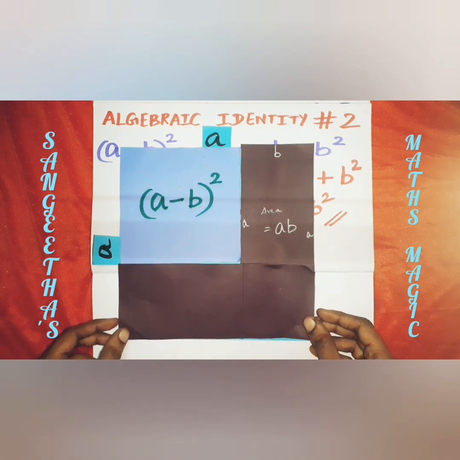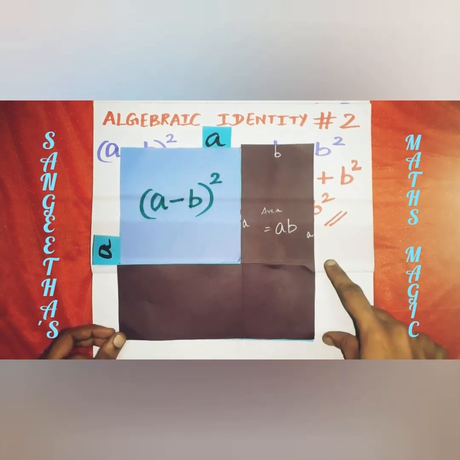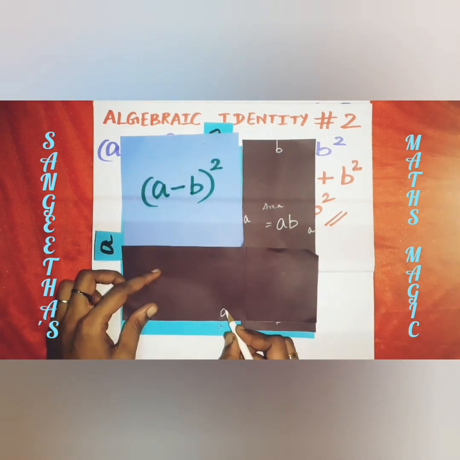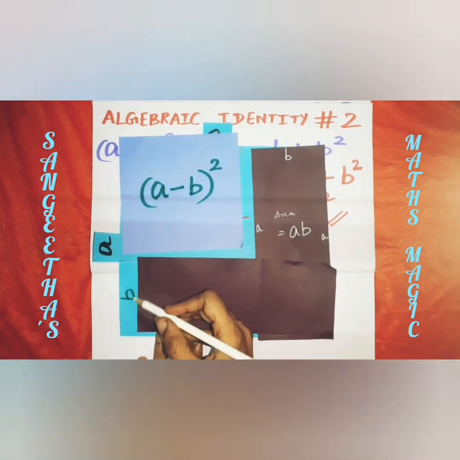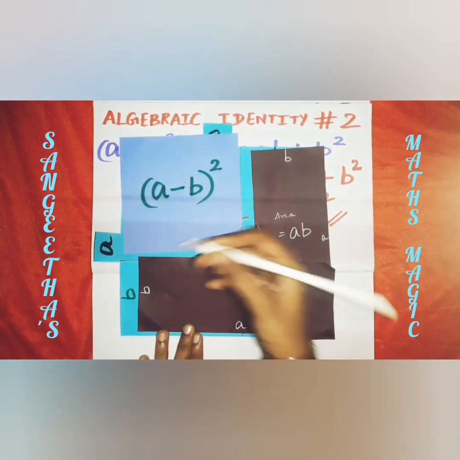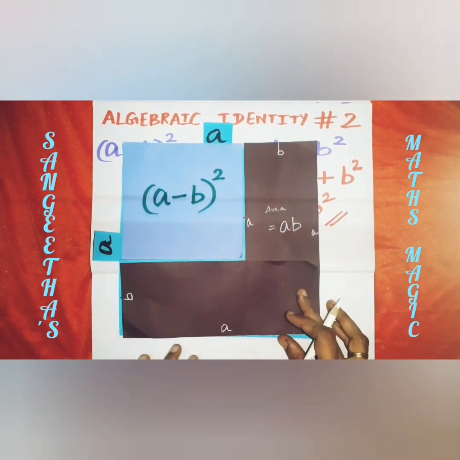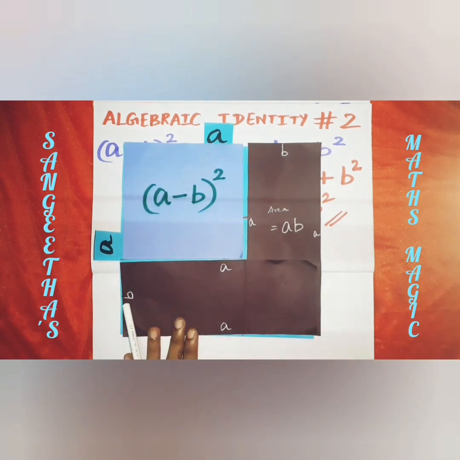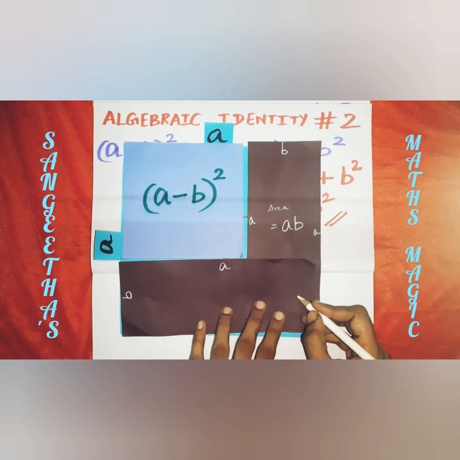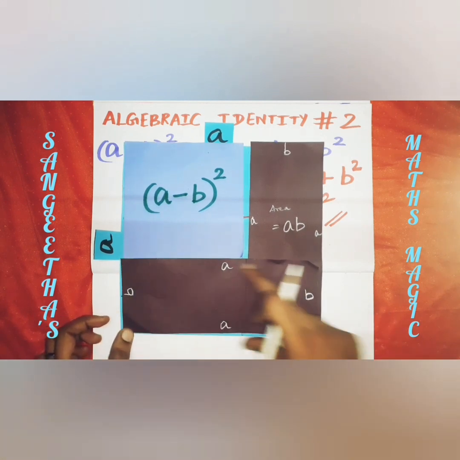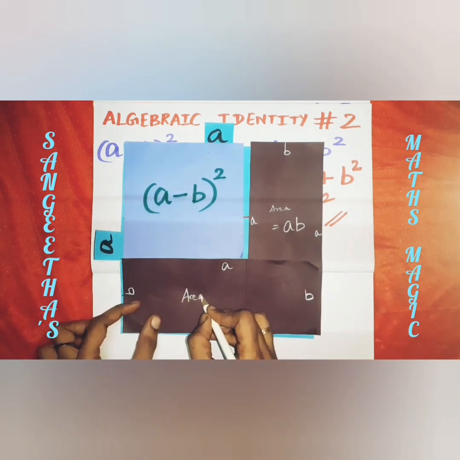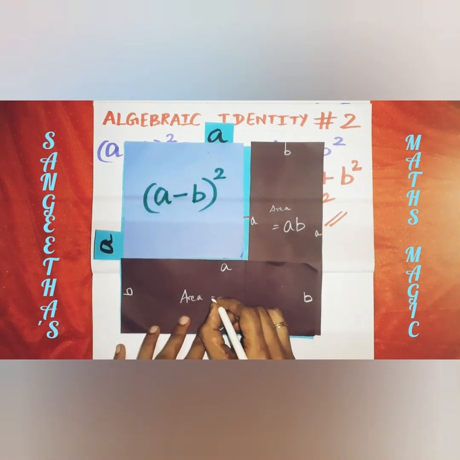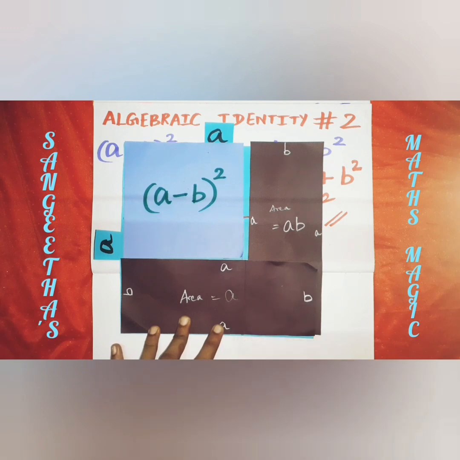Again, down there is another rectangle which we need to take away. What is the measurement? The length is a, the breadth is b. We know the property of a rectangle: if it is a, the opposite side is a, and if it is b, the opposite side measurement would also be b. Now, what is the area of this rectangle? The area of a rectangle is length into breadth.